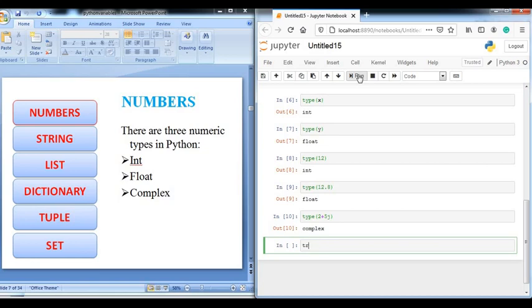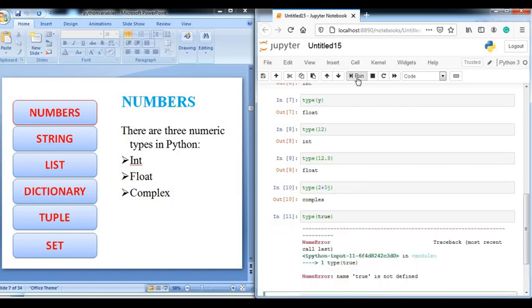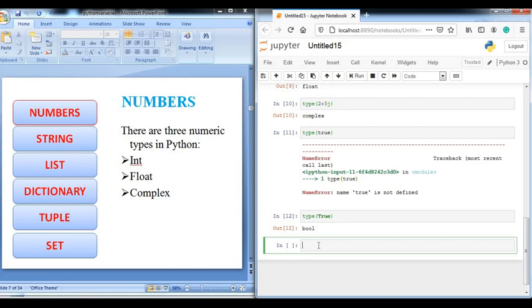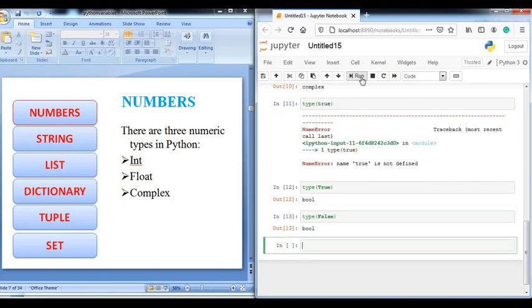So if you write type true and run it, T must be capital, that's why it is giving you an error. Type True, now you run it, so it will give you bool data type. For false you just have to write type capital F False, so it will give you bool type.